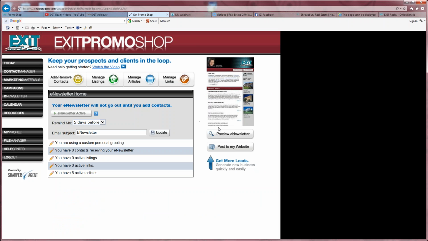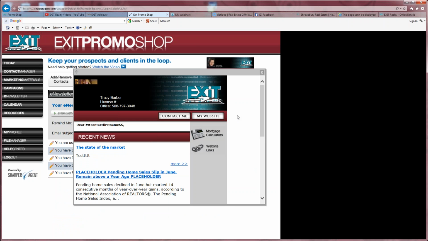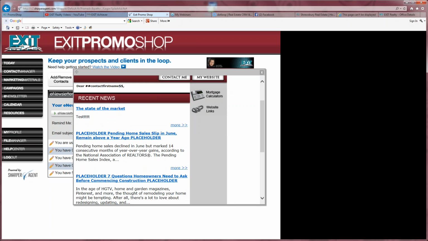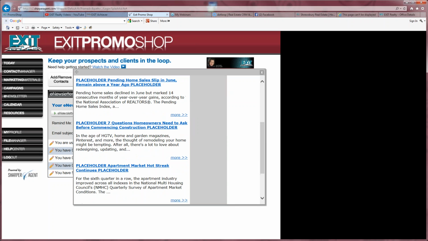The newsletters, these are kind of nice. It's a pre-built newsletter ready to go. So at worst case, there's nothing else besides the newsletter. It's your entire database. I just set up a test one, but every month you can fill in the top section to be something about the local market, or hey, the market's going crazy. Call me if you need something, or hey, check out exitsellsfaster.com if you're looking to sell. I put a label on it, state of the market, and then the other parts of it come in automatically